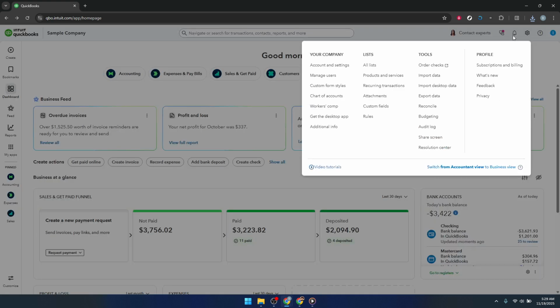Now move your attention to the top right corner where you'll find the gear icon. This is your settings area. When you click it, you'll see options for company settings, user management, your chart of accounts, and several other tools. Whenever you need to change how something is set up, like adding a new user, adjusting company details, or reviewing the chart of accounts, this is where you'll go. It's a good habit to take a moment and explore these options so you know what's available to you before